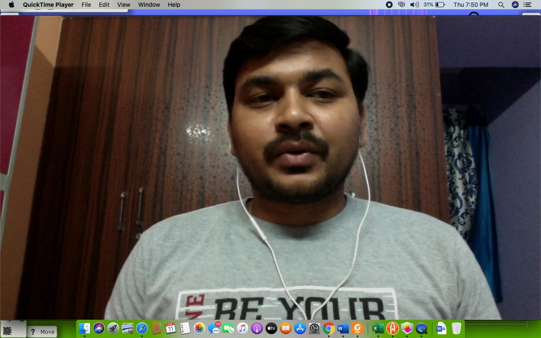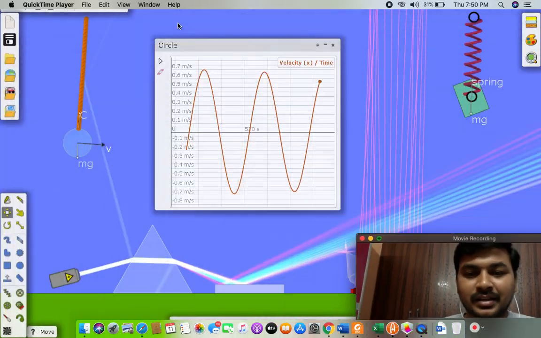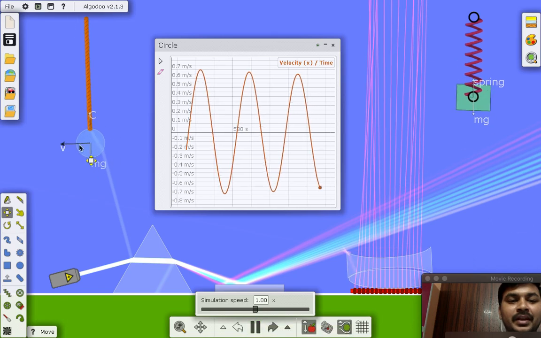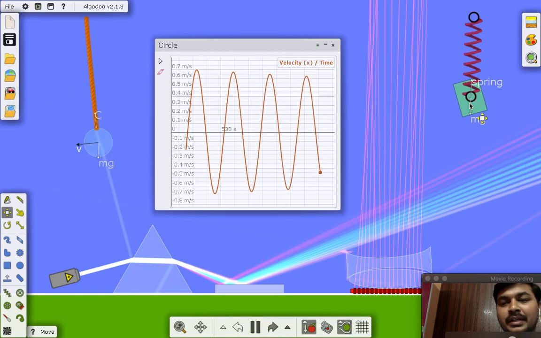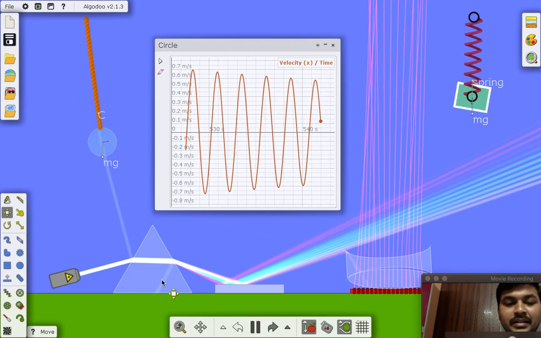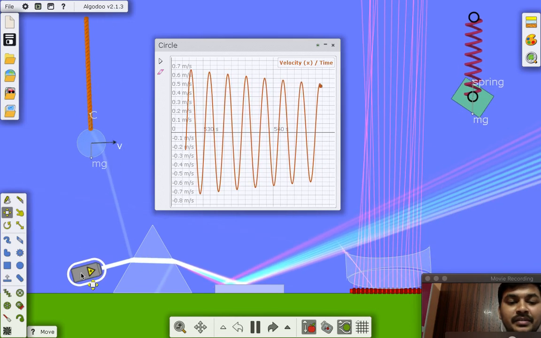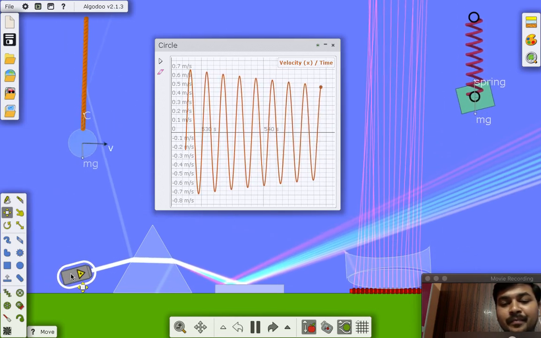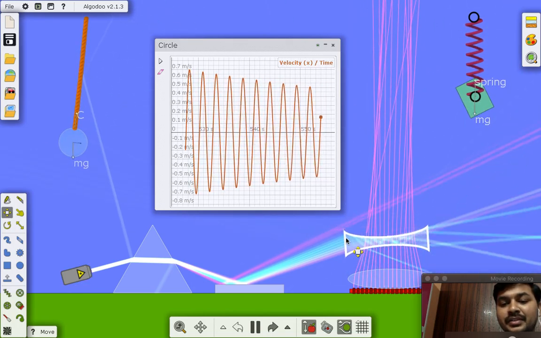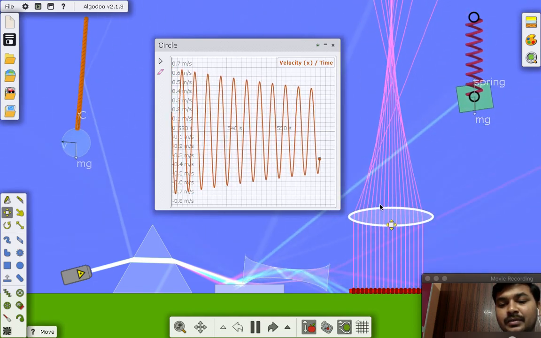You can create your own simple physics related animations, something like this. I'll show you now. See here a simple pendulum and a simple spring and mass system, and you can also create your own prism and a white light beam, and these are some convex lens animations. And if you want to know about the concave lens animation, something like this.